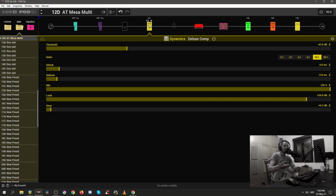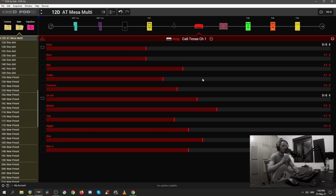So that's it. Next time when you try to create a patch, try to use compression and just boosting the front end with something instead of a distortion block. This amp in particular, the Mesa Lone Star, is quite capable of producing really crispy clean tones and saturated lead tones, which is kinda Andy Timmons' thing, and whatever is his thing, it's my thing, and this is weird, and